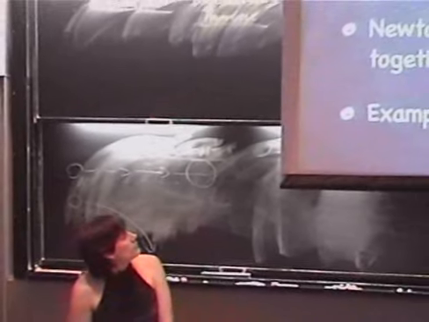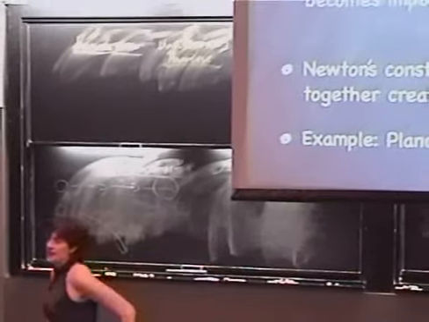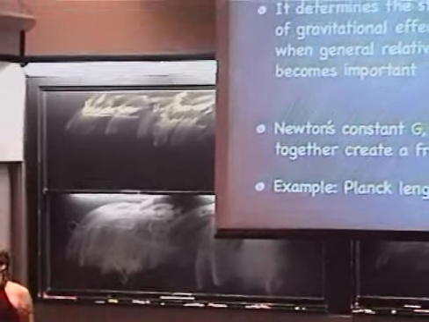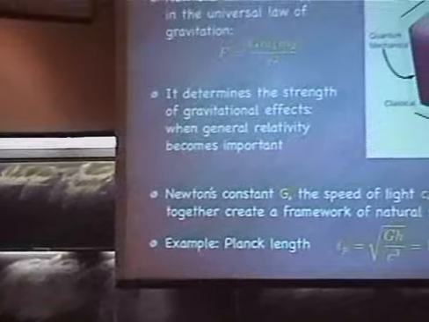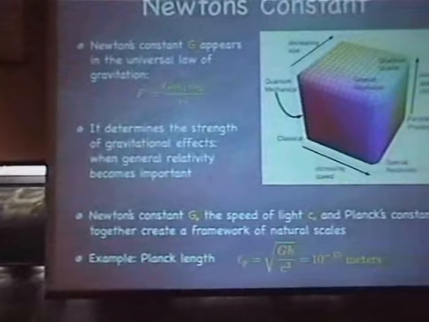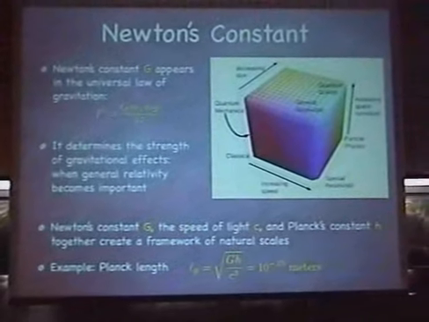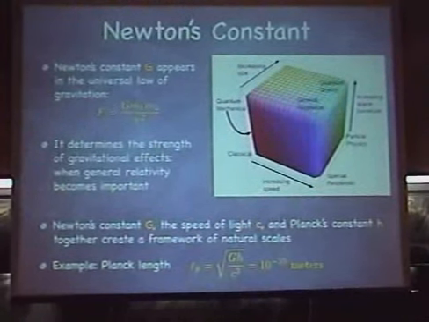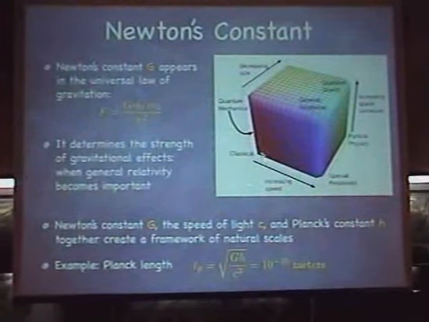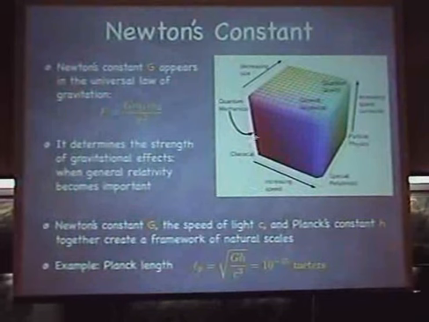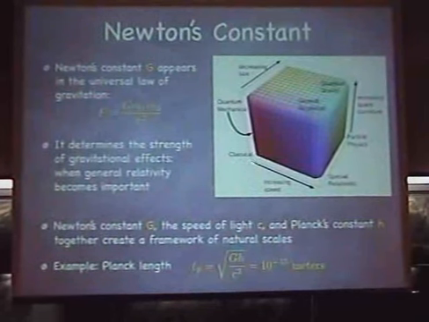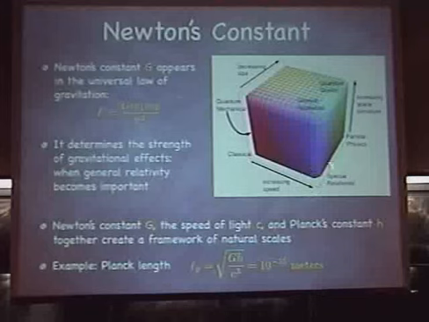Now, you may recall that in the first lecture I introduced the speed of light, and I said, when speeds are small compared to the speed of light, we have no real special relativistic effects. But when speeds approach the speed of light, you have to take into account special relativity. So over here is the classical Newtonian world, and as I increase the speed, I wind up in a special relativistic world. And then in the second lecture, I introduced Planck's constant, which sets the scale for when quantum mechanical